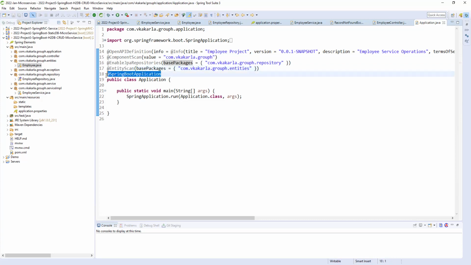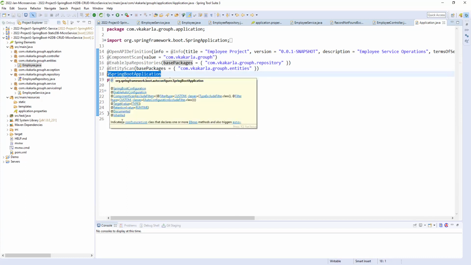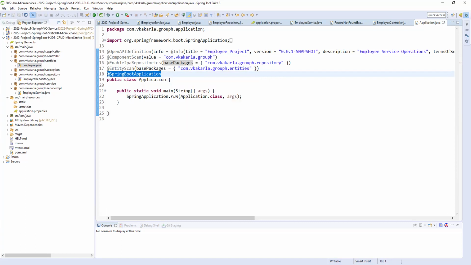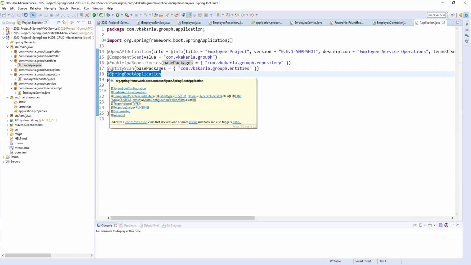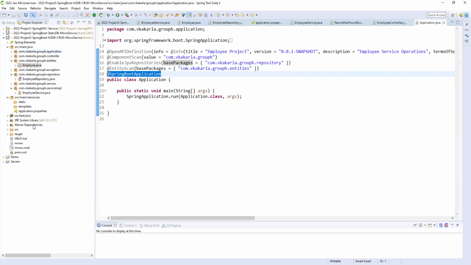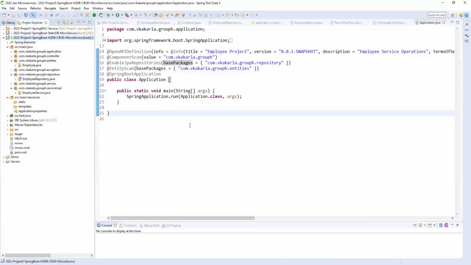Of course, we know the default annotation of our Spring Boot application is a combination of @EnableAutoConfiguration, @Configuration, and component scan, right? So this is the main class of our application, and this is the main annotation. After that, we need the rest of the annotations. Fine. So let me run our project. Before running our project, do you have any questions?